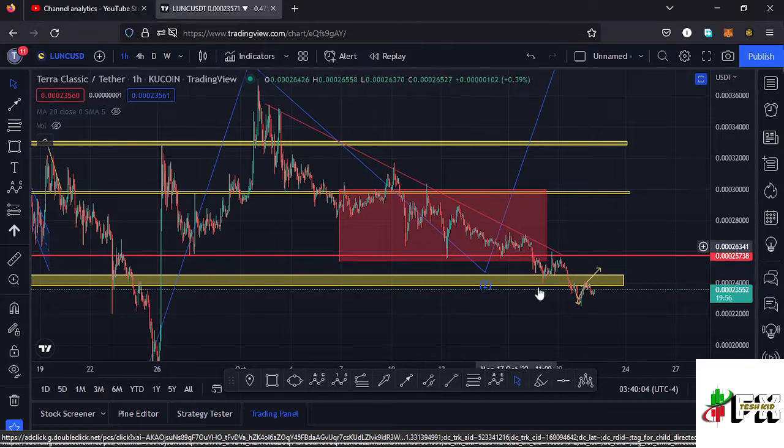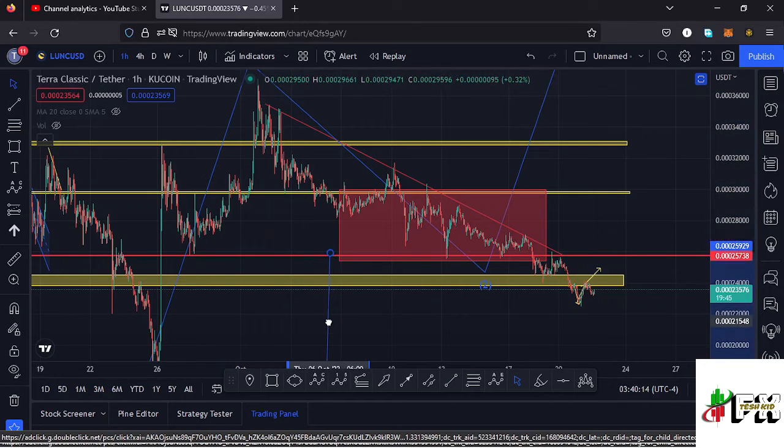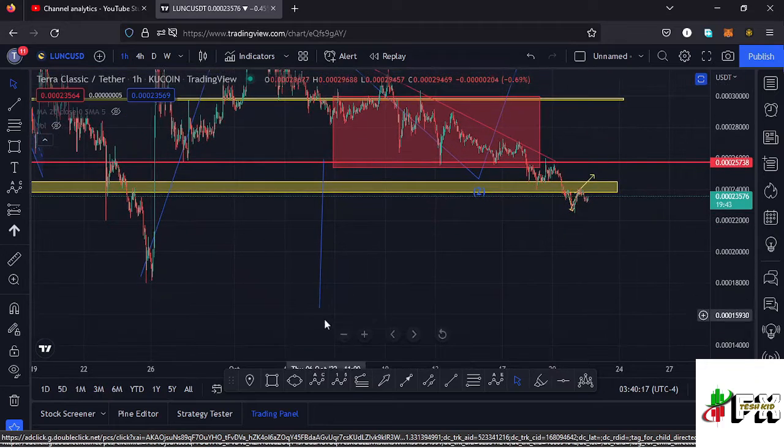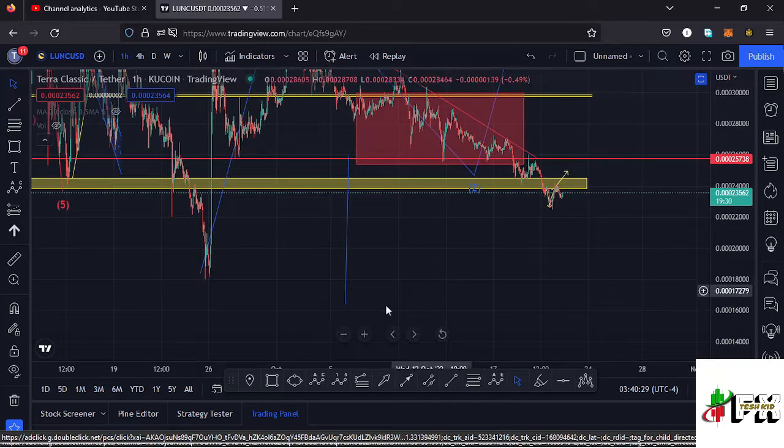We have seen a breakout to the lower side, and to get a target area for that breakout, we can get the height of the triangle using a trend line, then place it down here to give us a minimum target area to the lower side, and that gives me a minimum target area back to around the $0.00016 mark. So in case we have a retest of this support line and continue pushing lower, there's a possibility of Lunc getting back to around the